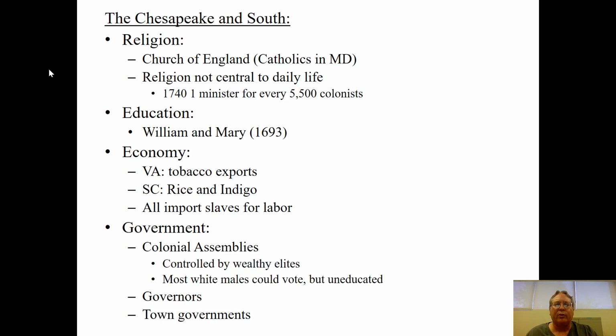Other people that own land just get to vote for which of those people get to run things. But here we also see the fact that governors are a part of the equation. Again, you don't want all the power in one part of the government. You want those checks and balances. So a lot of similarities between these colonies, but also they play out a little differently, as I've tried to